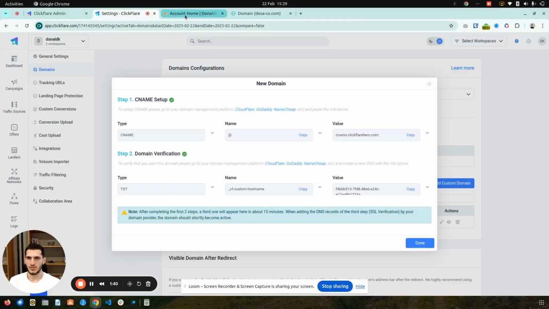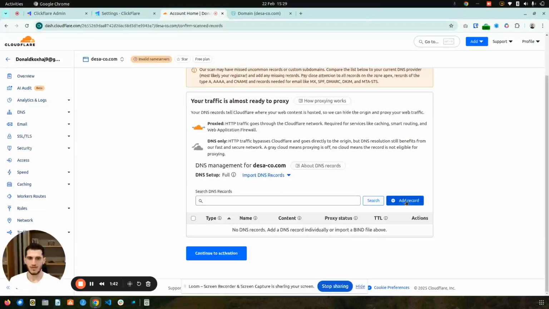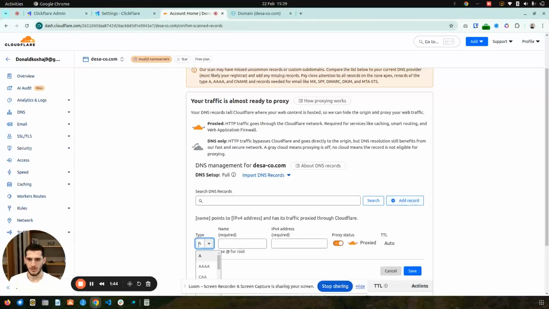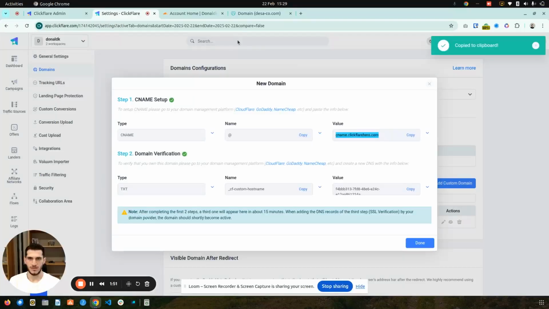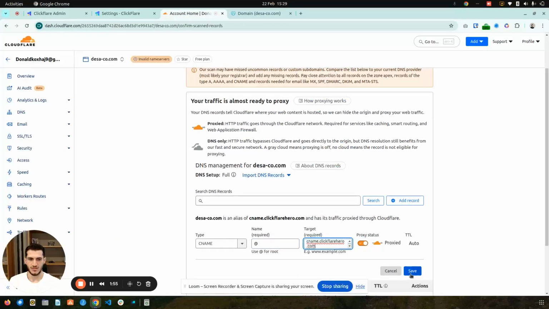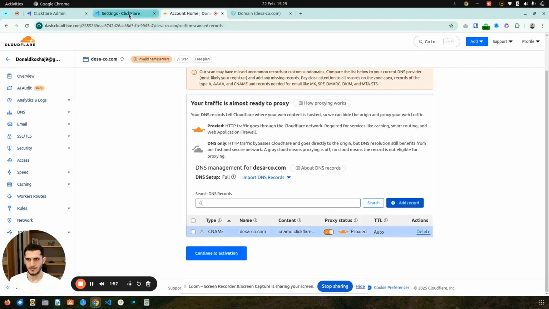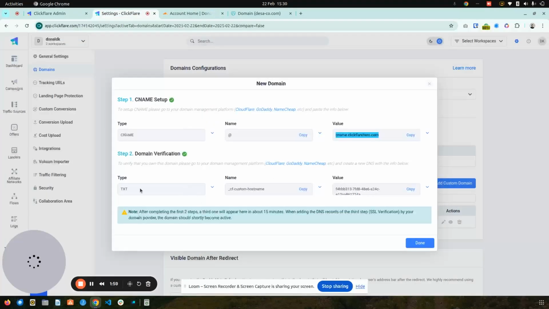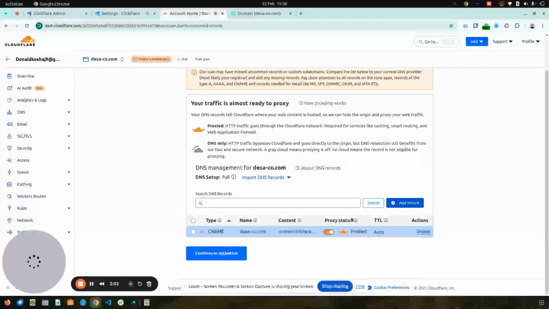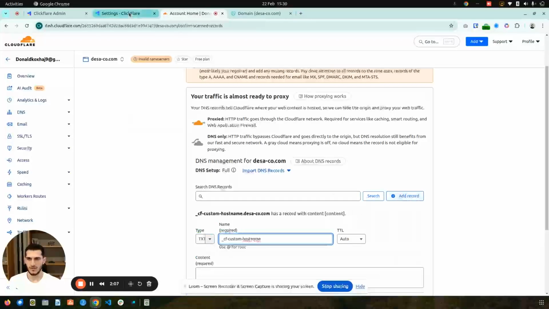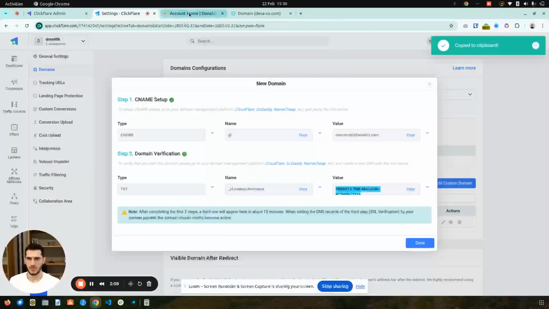Now go to Cloudflare, add a new record. First one is going to be CNAME. Now grab this value right here, paste it and click save. After that, we are going to add this one right here. It's a TXT record, add new. Okay, and grab the last value